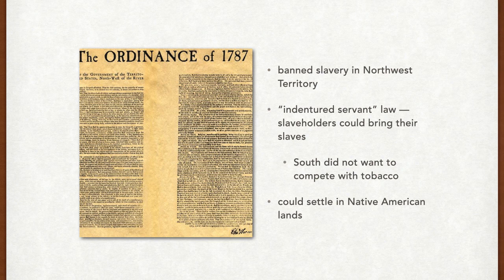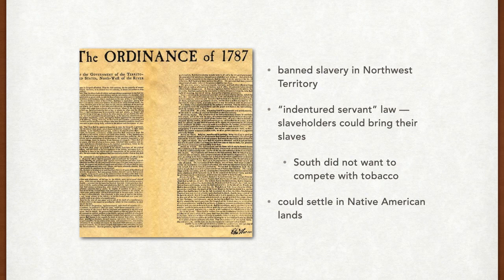Southern states voted for the law because they did not want to compete with the territory over tobacco as a commodity crop. It was so labor intensive that it was grown profitably only with slave labor. So essentially the South was on board just because they wanted to be the tobacco growers, and tobacco probably could have done really well in this territory. So they're like, nah.